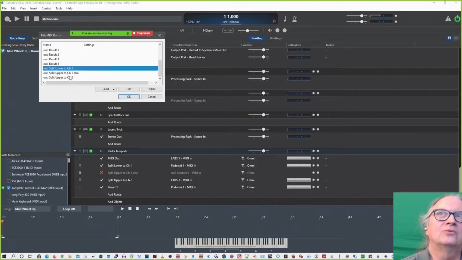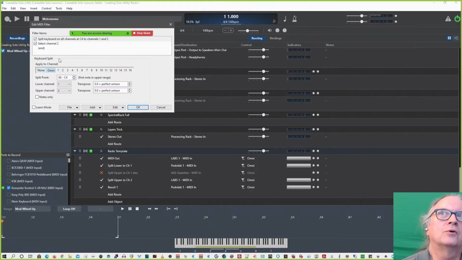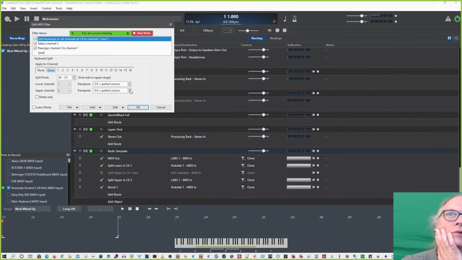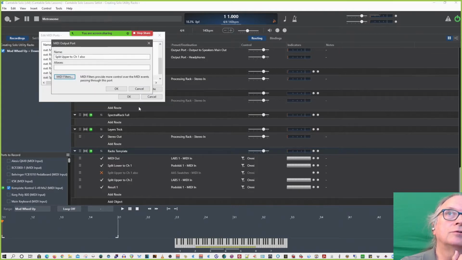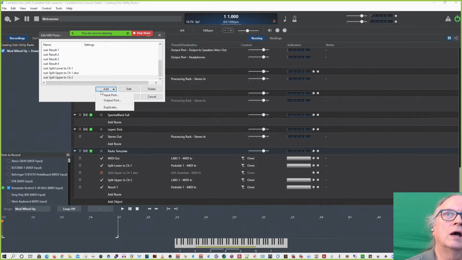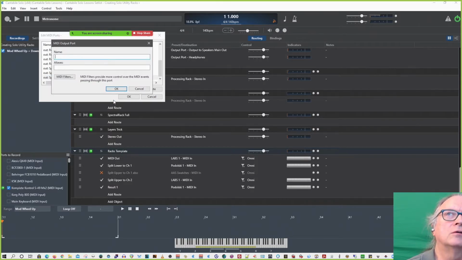And in this one I just want the upper. So it's the same story. I split it and I just send the 2 using select channel 2 so that only channel 2 is passed. And here of course I can be changing my assignments also so that they're not unison. And that I thought we'd do that with the inverse of this idea. Now one thing you can't do easily, you can't make duplicates of these. So we'll just go ahead and add another output. And we'll make a reverse